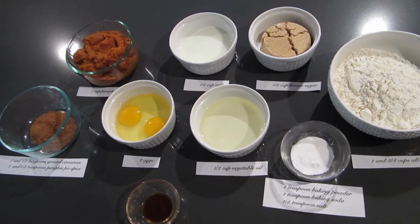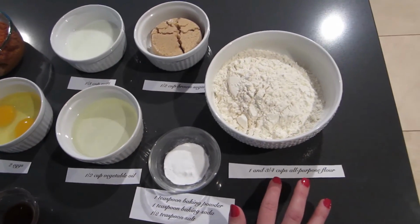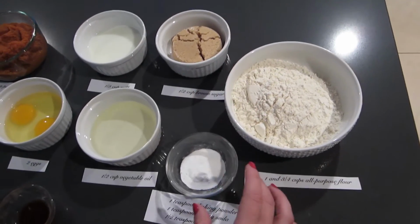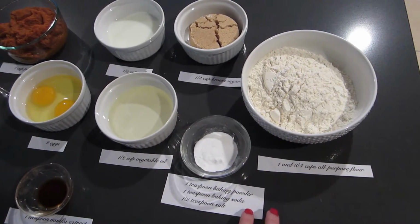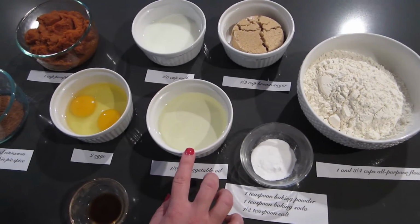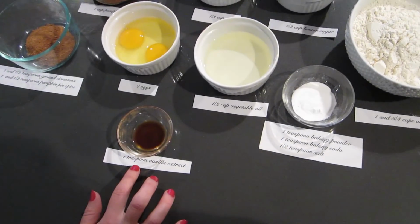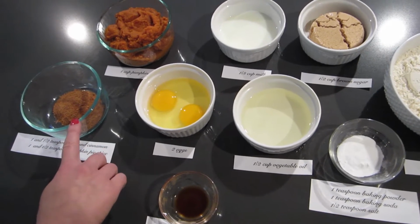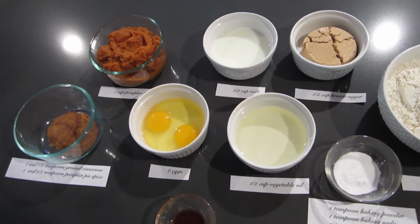The first part is for the actual muffin, and those are these ingredients right here. We have 1 3/4 cup of flour, half a cup of the brown sugar, 1 teaspoon of baking powder, 1 teaspoon of baking soda, and a half a teaspoon of salt. We have a half a cup of vegetable oil, 1/3 of a cup of milk, 1 teaspoon of vanilla extract, 2 eggs, 1 1/2 teaspoons of ground cinnamon, 1 1/2 teaspoons of pumpkin pie spice, and then finally 1 cup